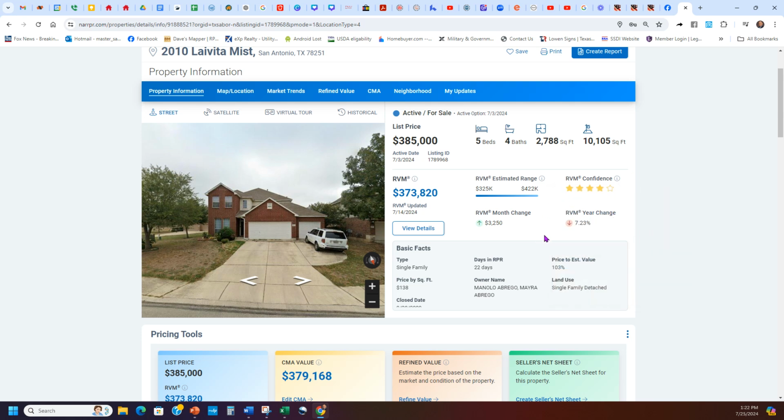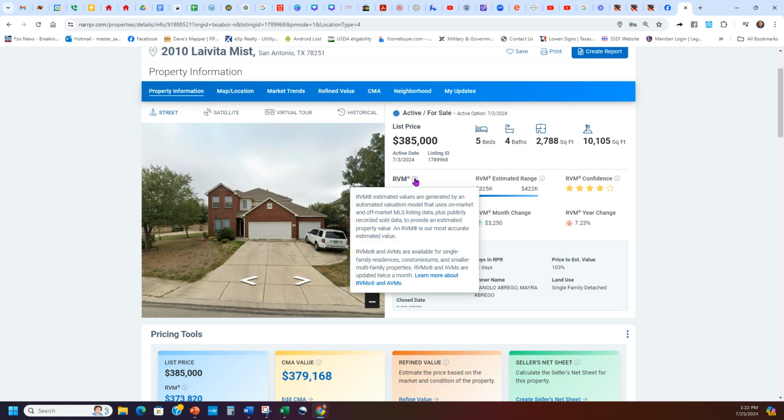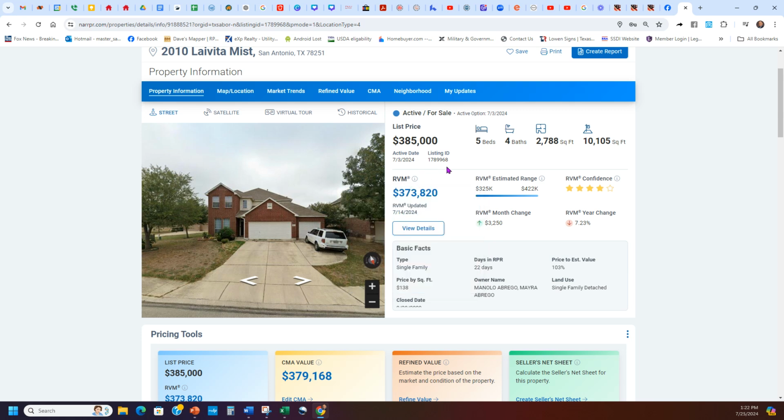So some realtors have gone through and done CMAs on this house, but not all of them. And it gives you a good estimated range between 325 and 425. And then the RVM, again, which is your realtor value model, puts it right about the middle point. And this gives you an idea. So this home is listed for 385, so it's a little bit higher than the middle, which isn't too bad,